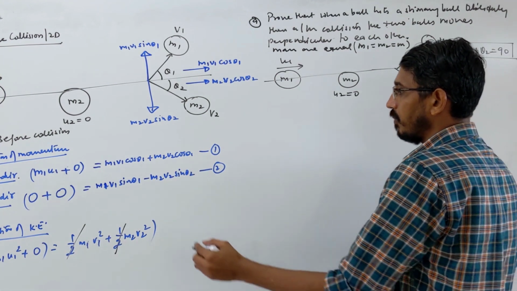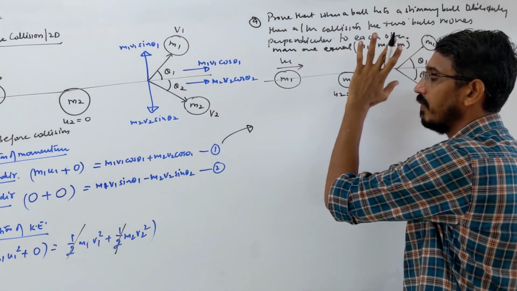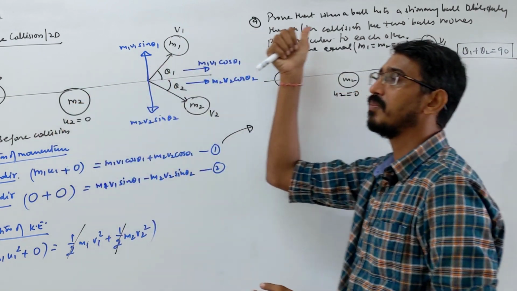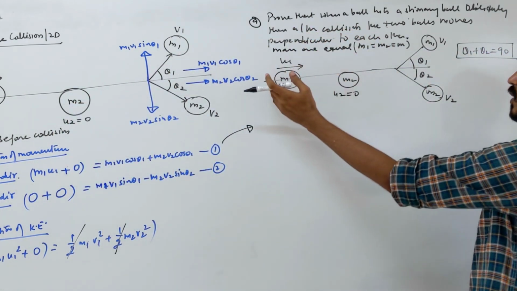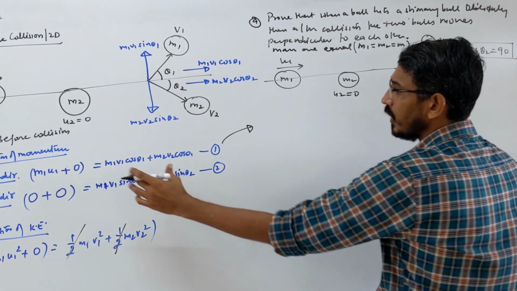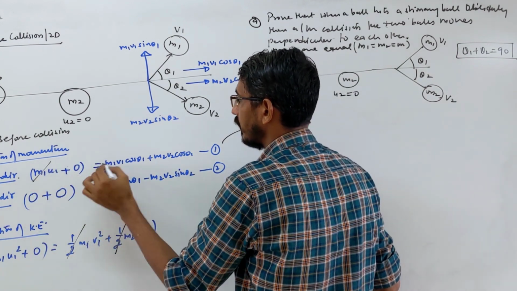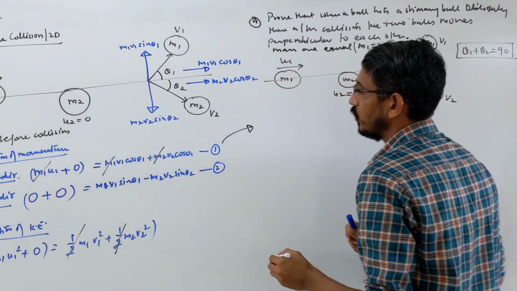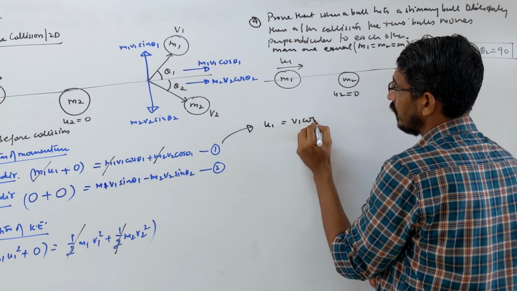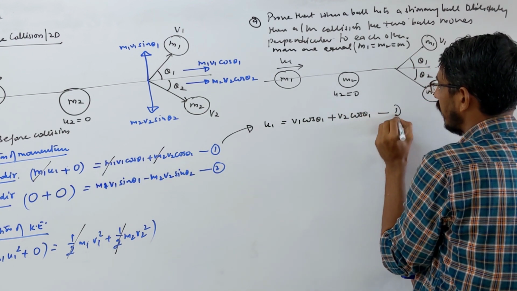So I'm starting from here, you can start from here itself. This equation I am writing again, when the mass is given the same. Here I just wrote the general m1, m2; in this case the mass is given equal, one ball at rest, one ball comes and hits, then they move perpendicular, this we have to prove. Let's write this equation. Since the mass is the same, this term will get cancelled. So we have this equation first: u1 is equal to v1 cos theta 1 plus v2 cos theta 2, equation 1 let's say.